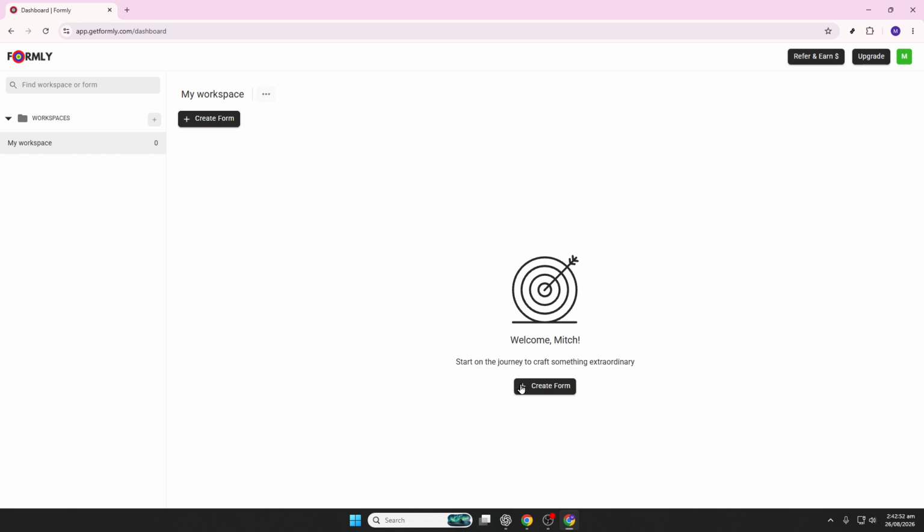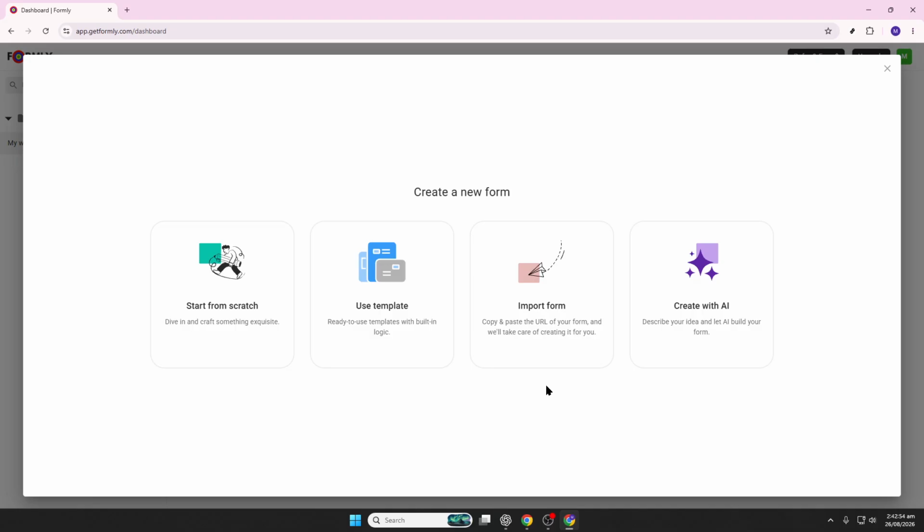That's it for this tutorial. You've seen how to sign up for GetFormly, verify your account, log in, access the dashboard, and begin using the